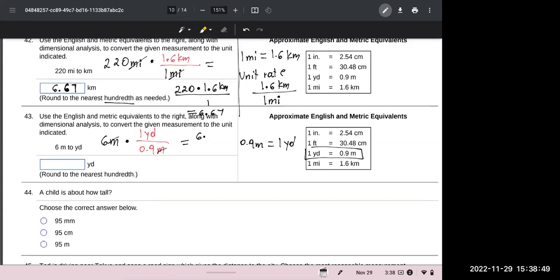So you have 6 times 1 yard divided by 0.9. So that will be 6 divided by 0.9, and that will give us,